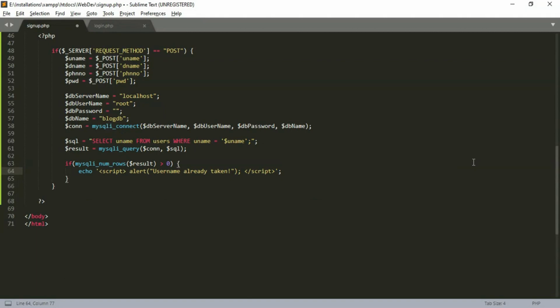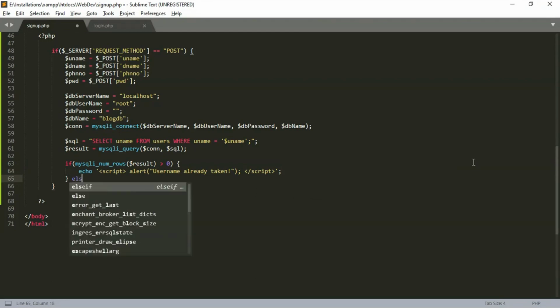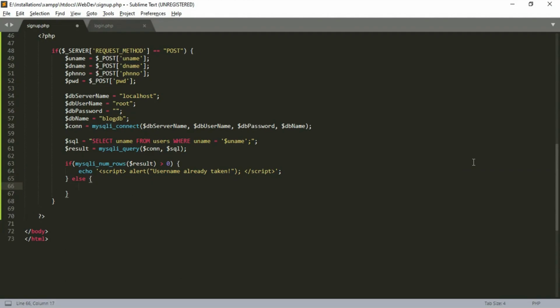Let's now try to check if the phone number is unique. We can execute a similar query for the phone number. So, if there exists a row with the same phone number, we can send another alert saying that the phone number is already registered.